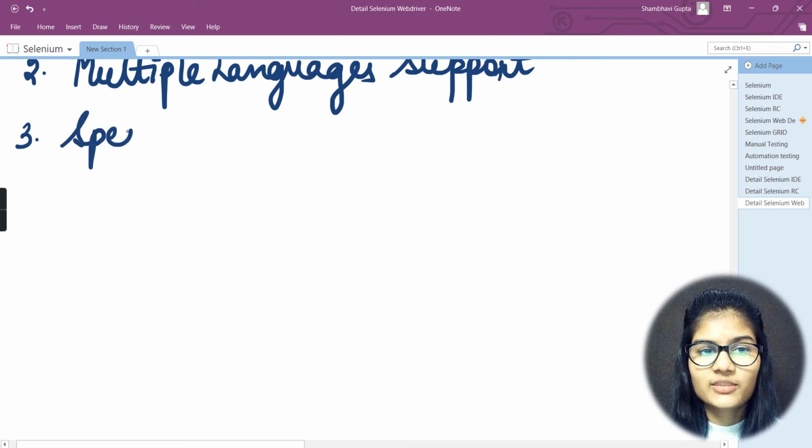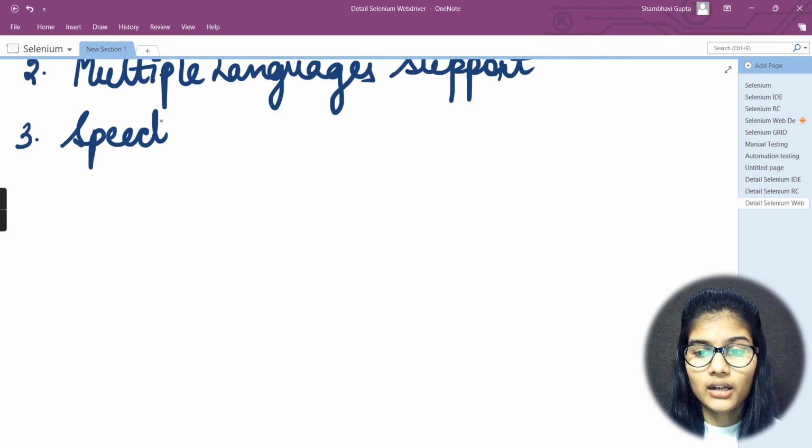Next, we are talking about the speed. WebDriver performs faster as compared to the other tools of the Selenium suite. We have already compared RC and WebDriver, to see which is the fastest tool, and we found that WebDriver works faster than RC.